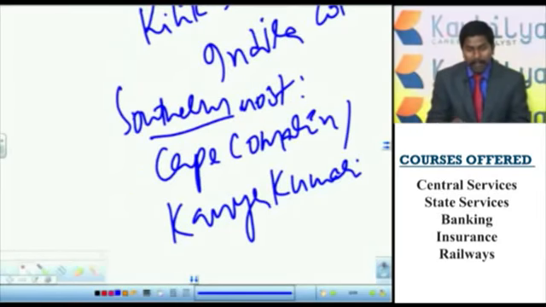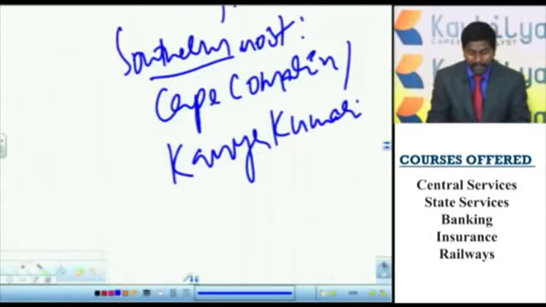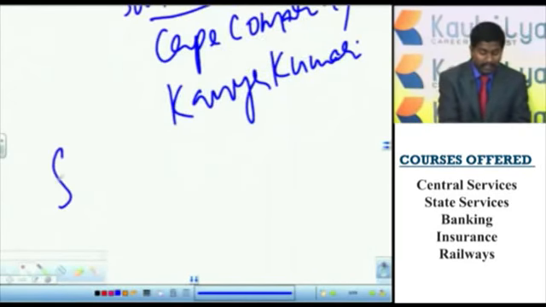But in the southern part, in the territorial waters of India, in the Bay of Bengal, there is the southernmost point of India, the southernmost point of the Nicobar Islands, which is at 5 degrees north latitude. So the southernmost point of India on the mainland is Kanyakumari, but actually the southernmost tip of India,